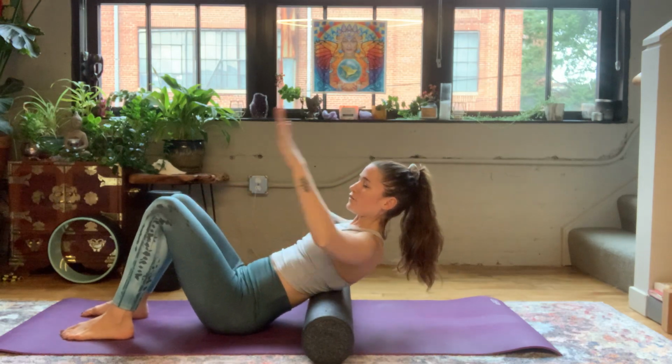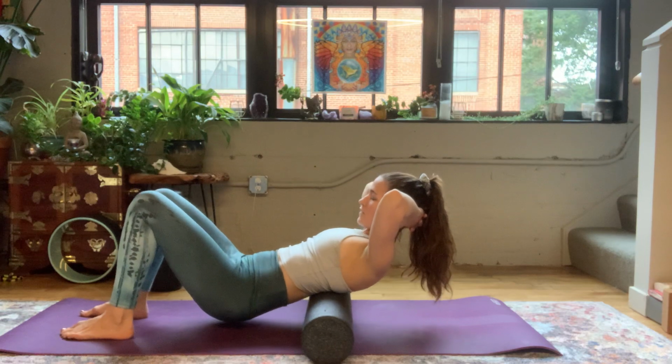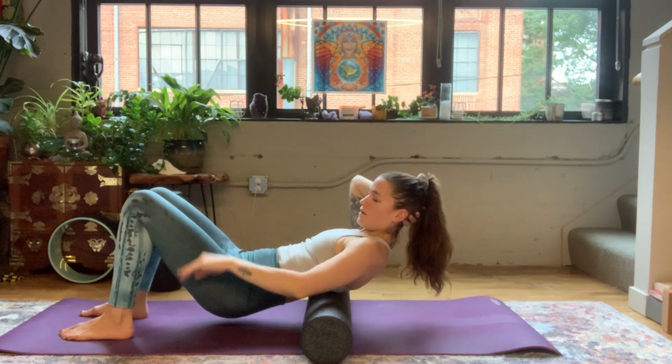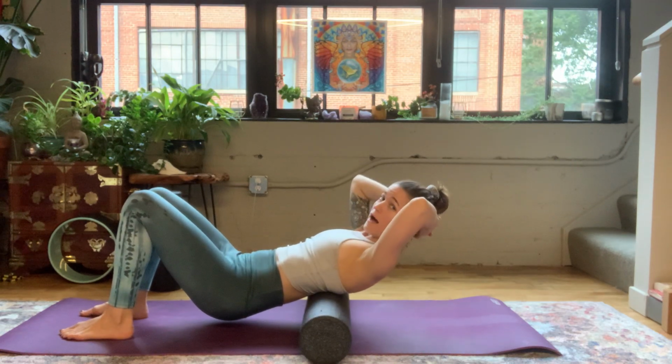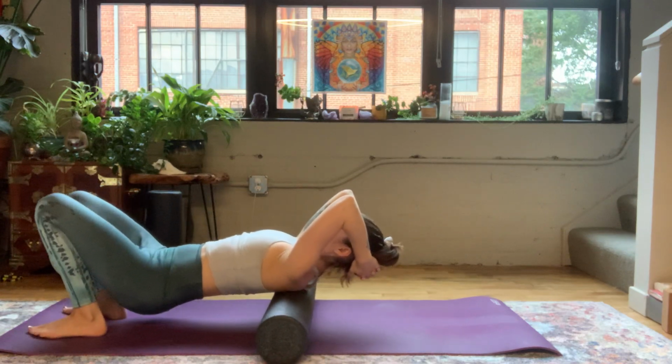All right, from here, interlace your fingers, bring down the base of the skull to support the head and neck. Tuck the tailbone and then lift the hips off of the earth. So our hips are hovering. The belly is drawing in the entire time to support your low back in this position. And then you're just gonna start to roll up and down